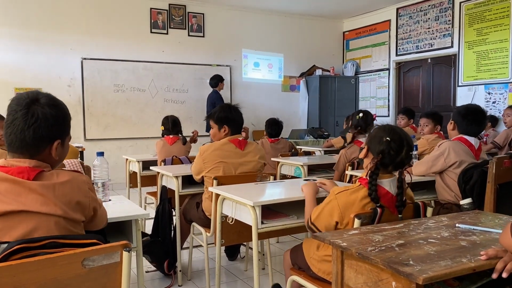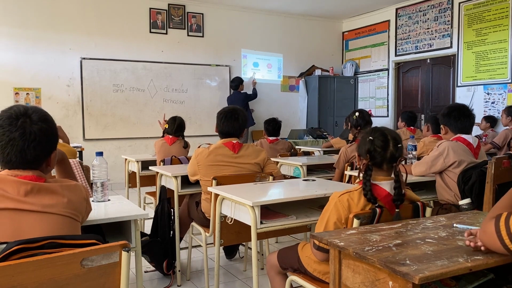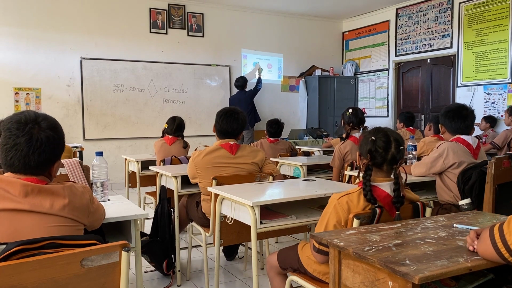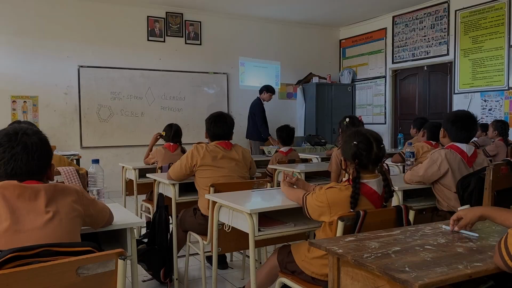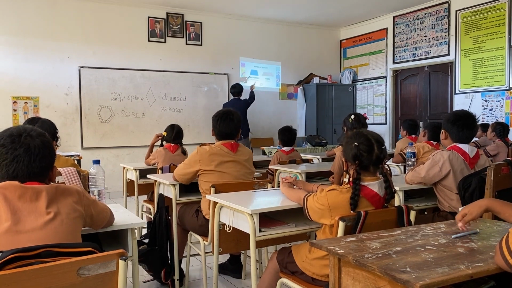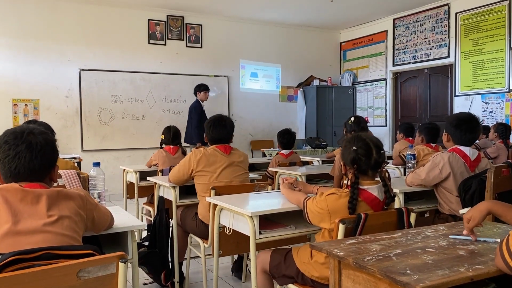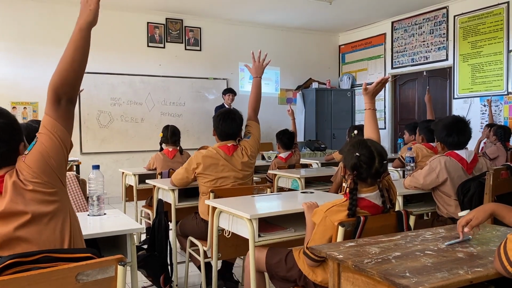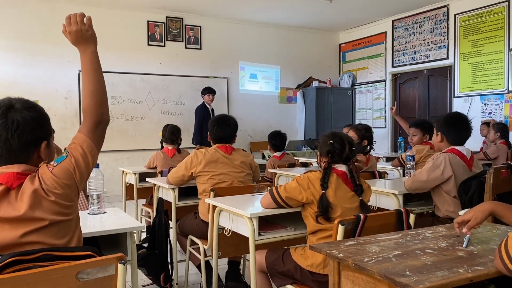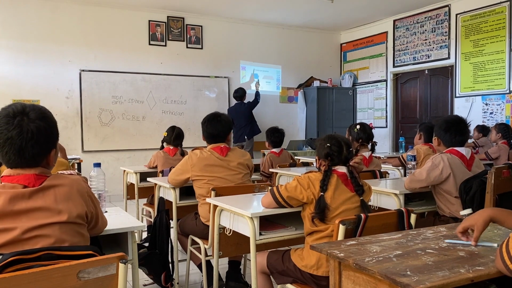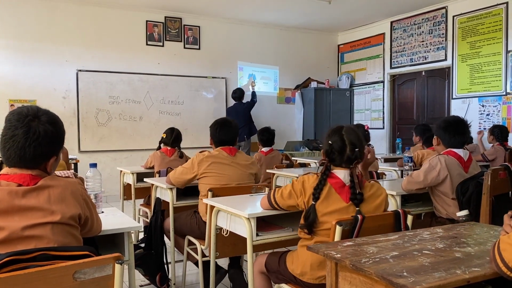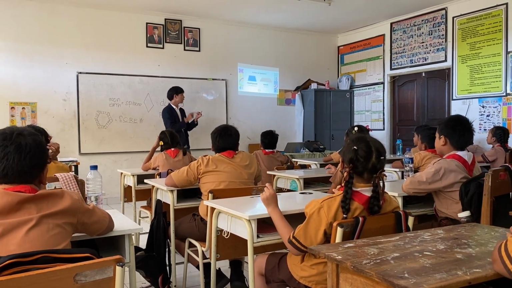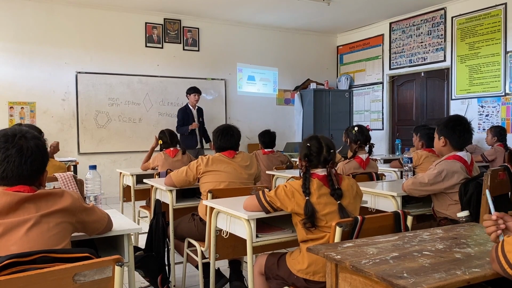6. Okay, 6. Just as its name says, hexagon or segi enam has 6 sides. 1, 2, 3, 4, 5, and 6. We are moving to the next one. Trapezium. What is trapezium in Indonesian? Okay, trapezium. How many sides does it have? 4? Yes, okay, so a trapezium has 4 sides. 1, 2, 3, 4. So a trapezium is the same as a rectangle and a square, which have 4 sides.